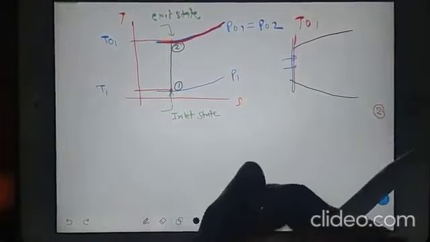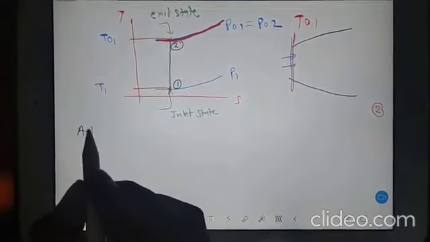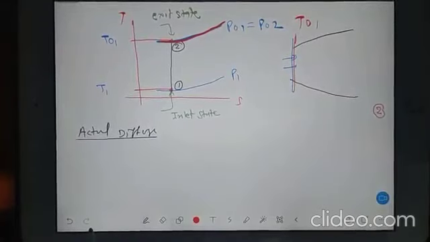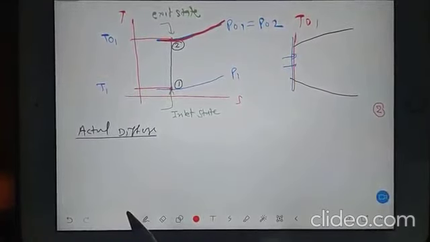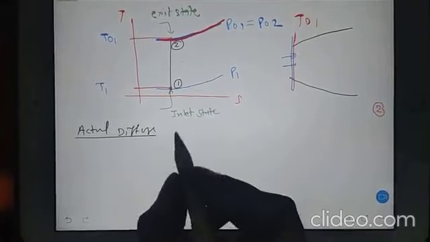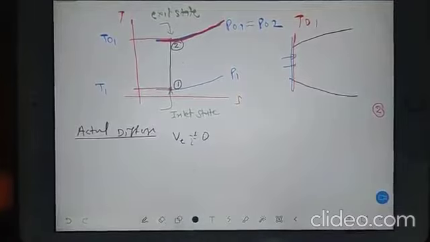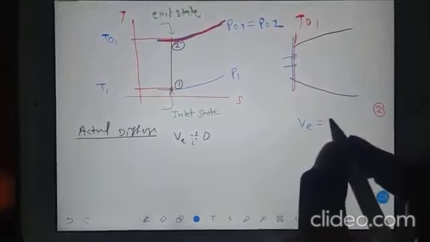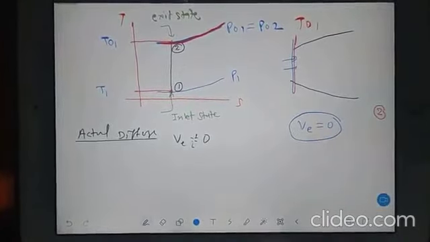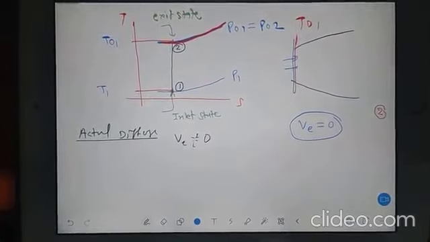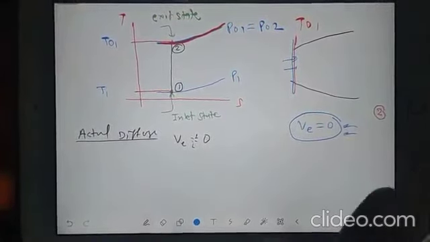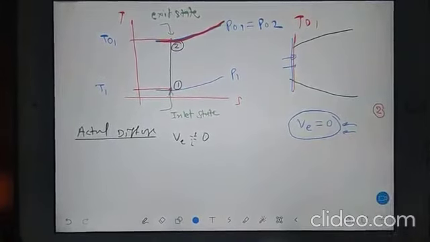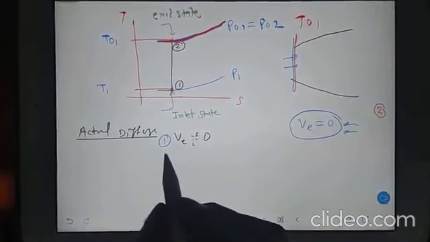Okay, so this was your inlet. Now you go for actual diffuser. What happens in actual diffuser? First line you should mention here: your exit velocity V is not 0. And guys, in ideal diffuser, I have missed this point. You write your exit velocity is completely 0. You go to the ideal diffuser topic, and there you must mention your exit velocity is completely 0, totally 0. So your first point is exit velocity is not completely 0, and next point,